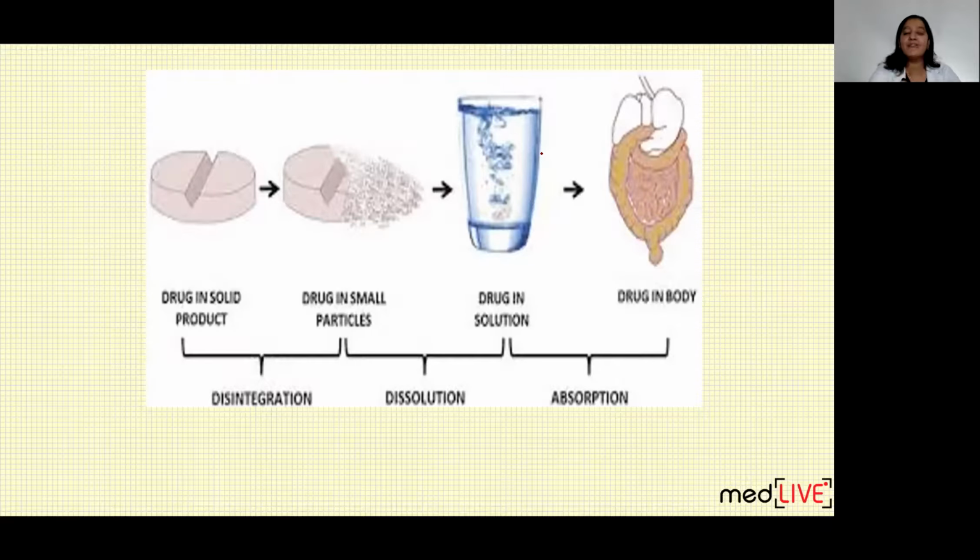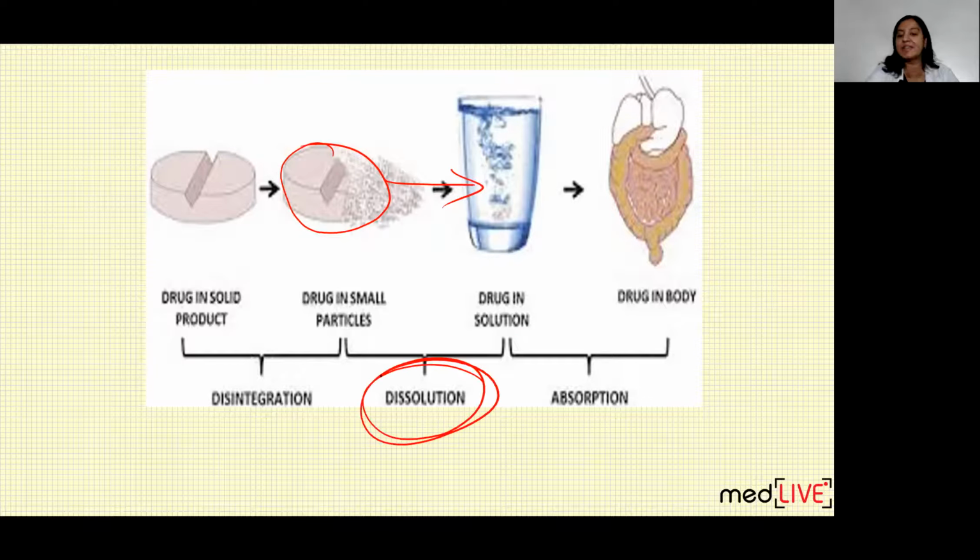Number one, if you are taking it through the oral route, it has to be dissolved. You take it with water or some liquid, and the drug has to dissolve in the intestine. It is not necessary that 100% of the drug you take will dissolve. So, number one, all the drug will not dissolve. Some drug will remain undissolved, so that will be lost. It won't come into systemic circulation.